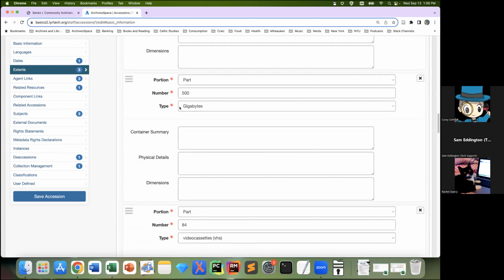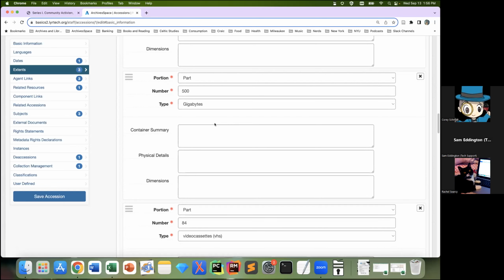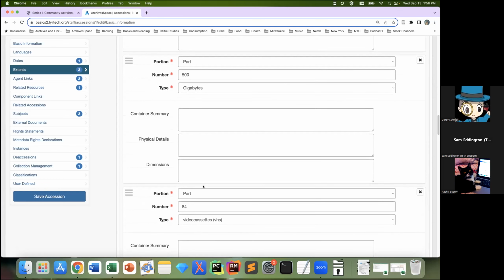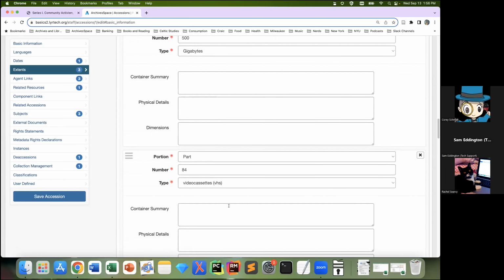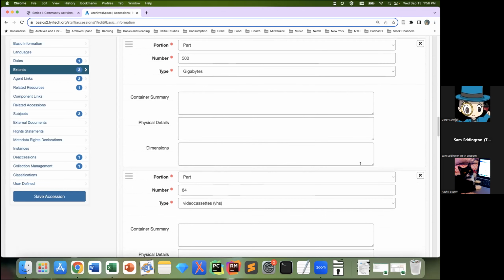And so they've created two other extent statements and used the part aspect in indicating the portion to say, also there's 500 gigabytes and also there's 800 video cassettes, VHS cassettes. Again, you don't have to do that, but that can be really useful in thinking about future processing or planning for your work ahead,